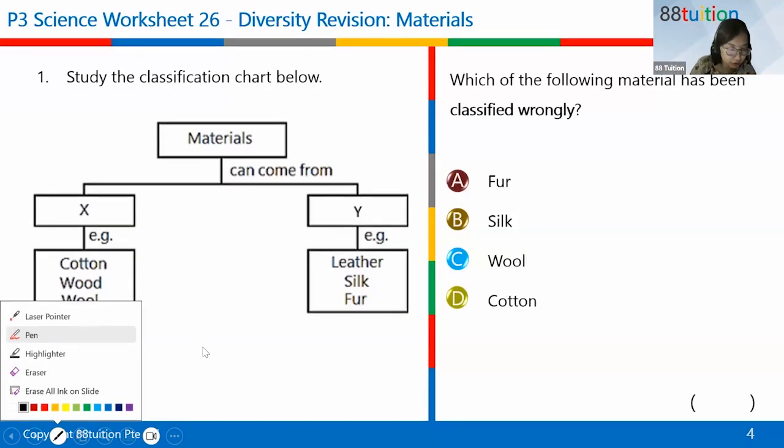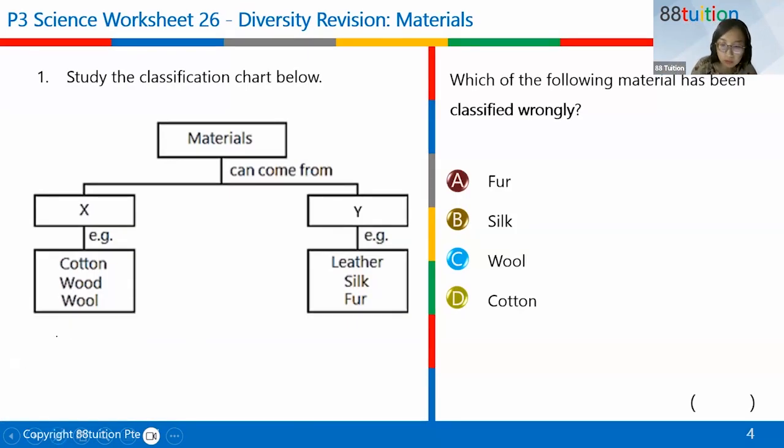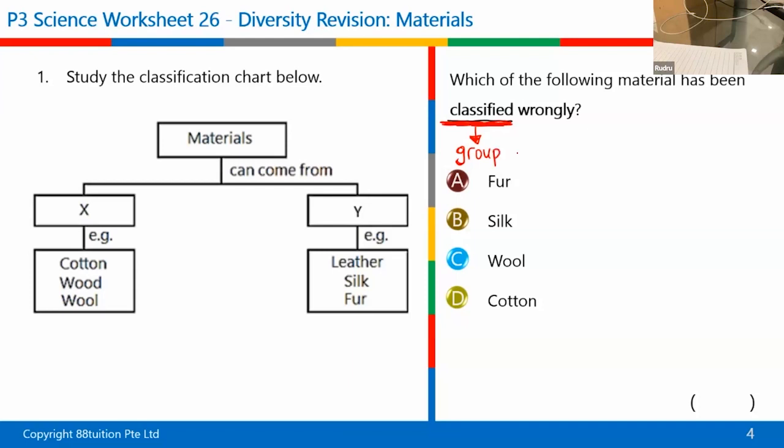First question. Some of you got this question wrong. Now, classified means what? This is really a very quiet class and I don't like a quiet class. Can you tell me what is the meaning of classified? Type into the chat or unmute yourself, please. Okay, Wen-Xin, what's the meaning of classified? Another word for classified, starting with G, is? Wen-Xin, are you there? Thank you, Wen-Xin. Groups. Thank you. All right, so which one is grouped wrongly?